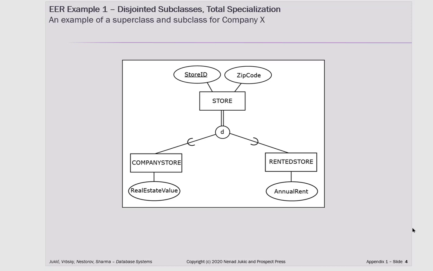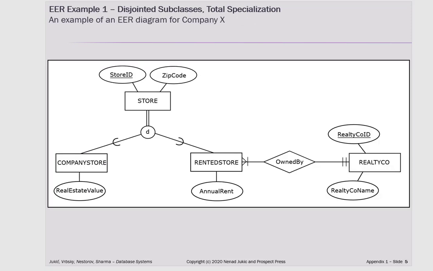And so if you look at this example, all stores will have a store ID and a zip code, but company stores will have a real estate value and rented stores will have an annual rent. This is a disjoint, and you can go read more in the book, so a store has to be one or the other. This is then further illustrated, so we can have, for example, relationships between